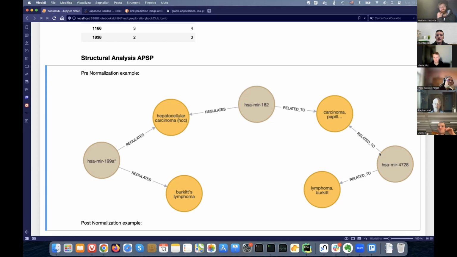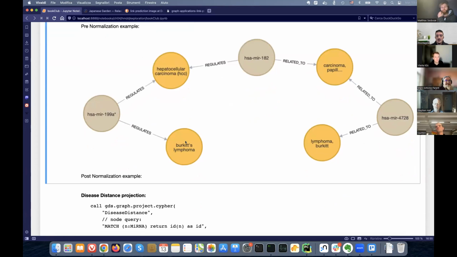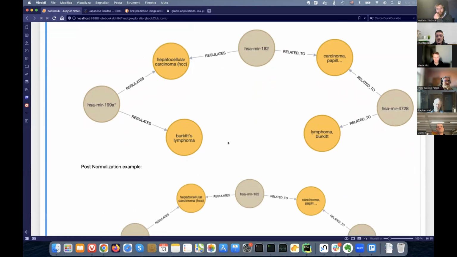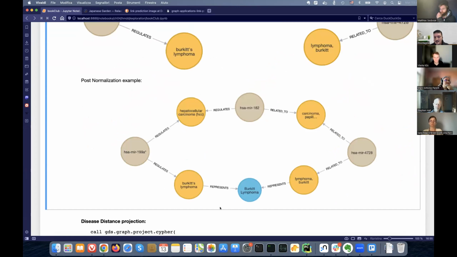And so the idea is that you see here, for example, we have Burkitt lymphoma and lymphoma Burkitt. If we didn't merge them, the distance between these two microRNAs should be 2, right? But we know that Burkitt lymphoma is basically the same disease. So if we add this information, this distance should be shortened, should be 1. We can do that in GDS. We can run all these distances, and so we can actually perform this measure and see the impact of